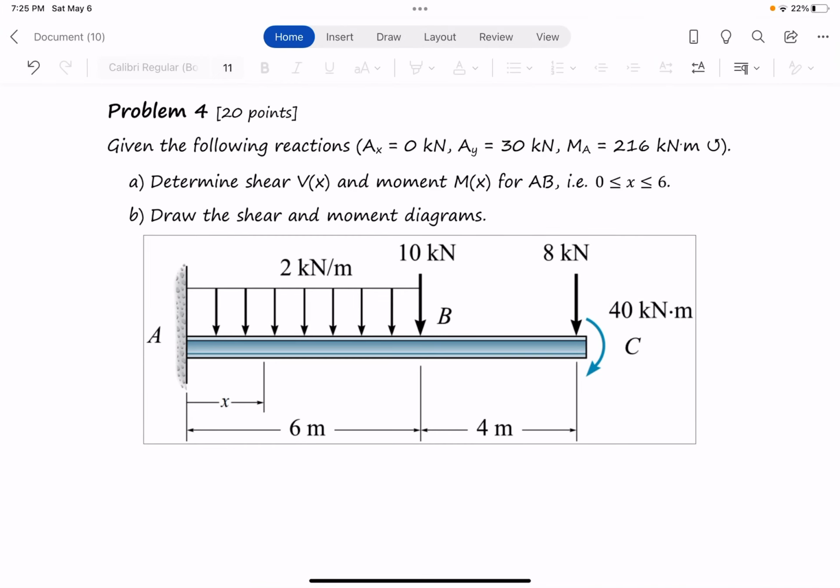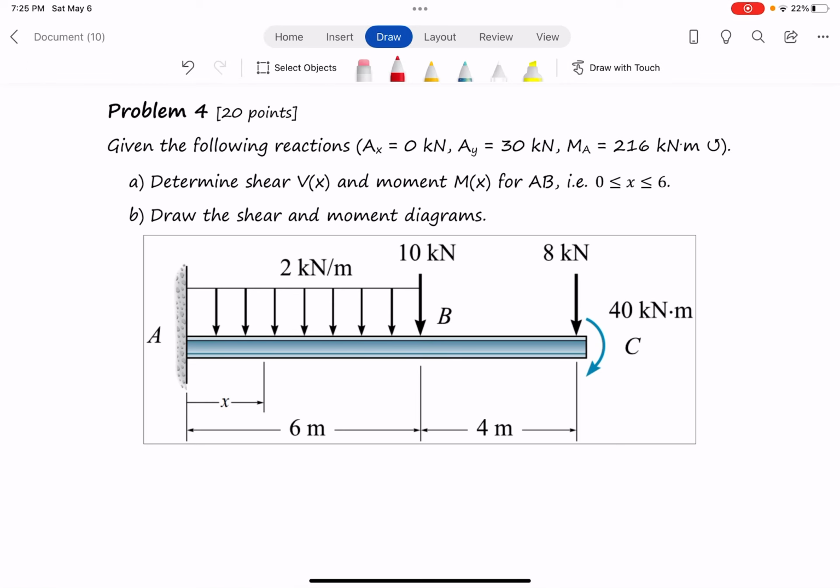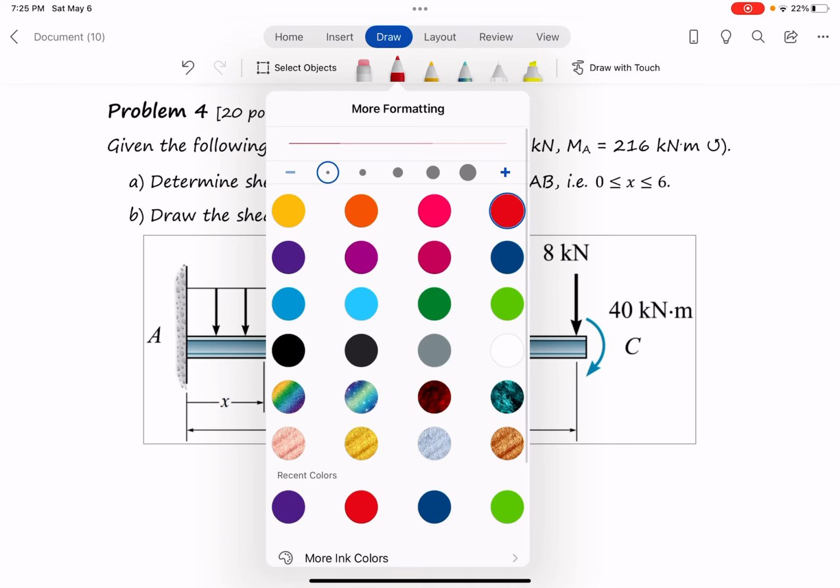Okay, let's look at this problem. This is like a 20% problem of the exam. The previous one, the centroid x bar and y bar, was 5%. So let's try to gain as much percentage from the points that's given in the exam. This is a very simple problem, but I need to know if you could get a full mark in